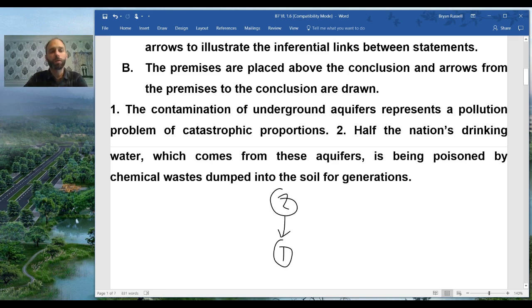We put the ultimate conclusion at the bottom there, so that's just number 1. And then the premise above it, so number 2, with an arrow pointing down to it, showing that 2 leads us to believe 1. So that's going to be the basic pattern, but there's some more complicated tools that we'll need because we'll see some more complicated arguments in this chapter. But in general, we'll be putting the conclusion at the very bottom and then showing how the premises, and if there are any sub-arguments, how those sub-arguments and premises lead down to the conclusion.